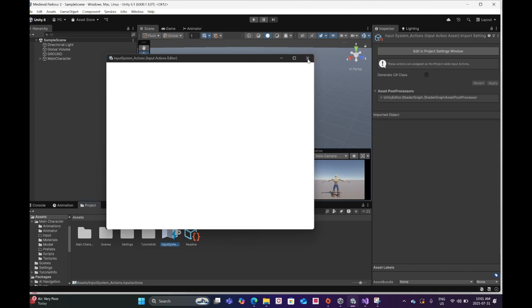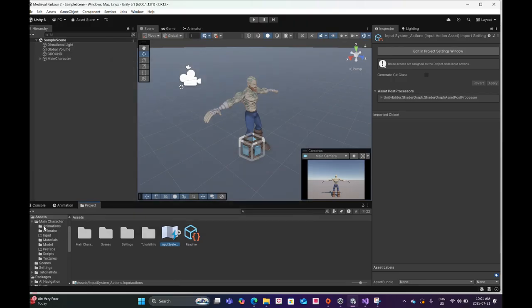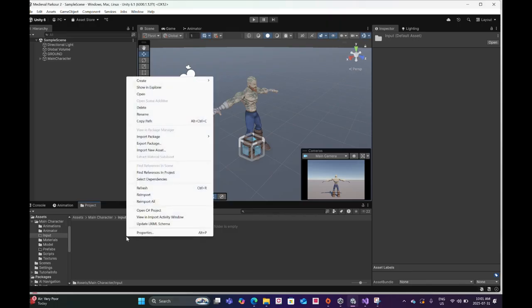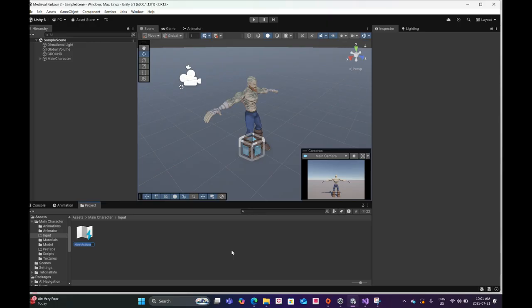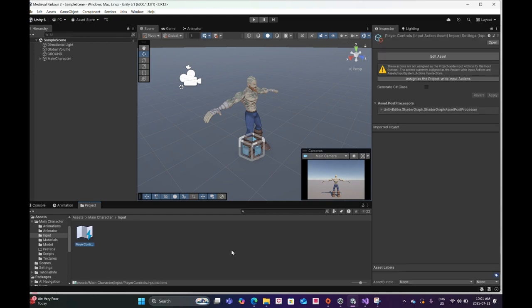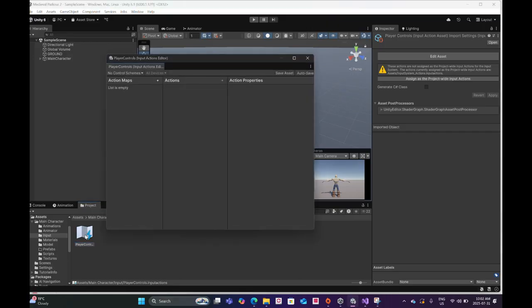But I'm going to create my own. So in my main character folder, I created another folder called input. I'm going to open that up, right click, and create. If you go all the way down, it says input action. So I'm going to click input action, and I'm going to name it player controls. I'm not sure if I have to delete this one, but I'm just going to leave it for now. I think I can just leave it and just use this one. So if I open that up, as you can see,